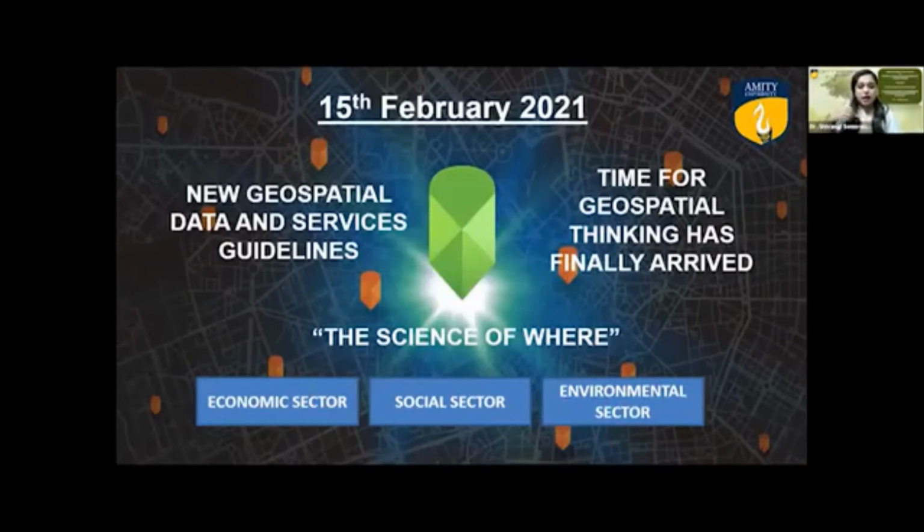Faced by complex challenges, finally, the science of where, that is geospatial, becomes more important than ever before for understanding, managing, and analyzing different global issues. Be it an economic sector like energy, infrastructure, agriculture, or a social sector like urban, rural, health, transport, public safety, or the environmental sector like climate. So all the stakeholders have a plentiful takeaway in the form of location-based solutions from these reforms, and this is expected to trigger a new wave of geo-enabled digital transformation in India.